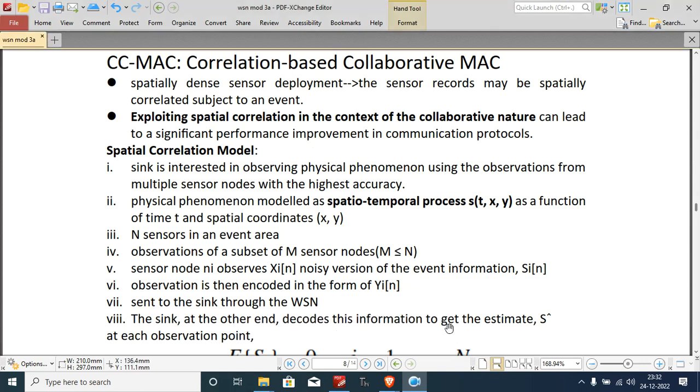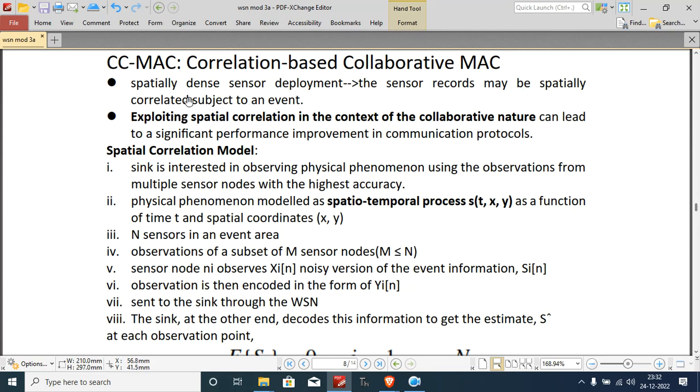In this tutorial, we'll be going through CCMAC, where CC stands for Correlation Based Collaborative MAC. In a spatially dense sensor deployment application, the sensor records may be spatially correlated subject to an event,